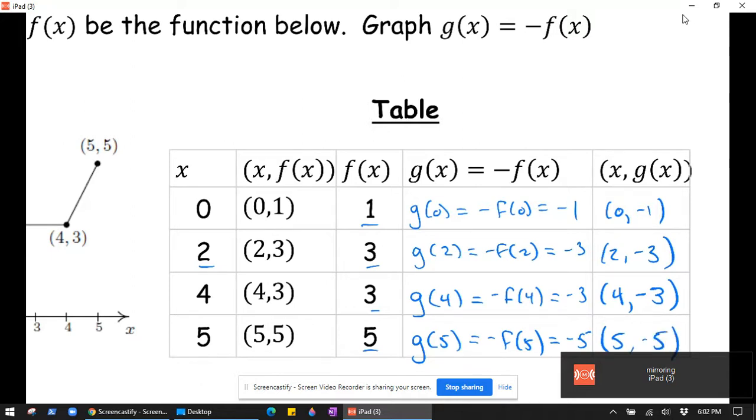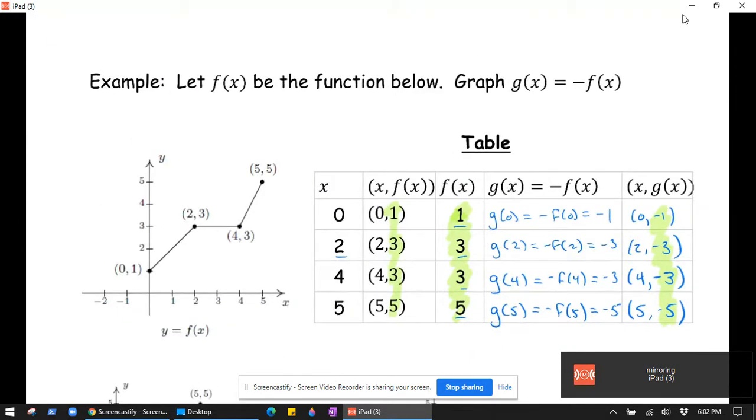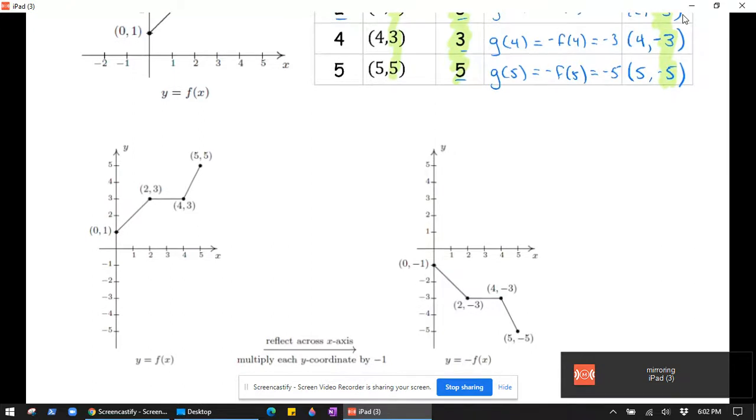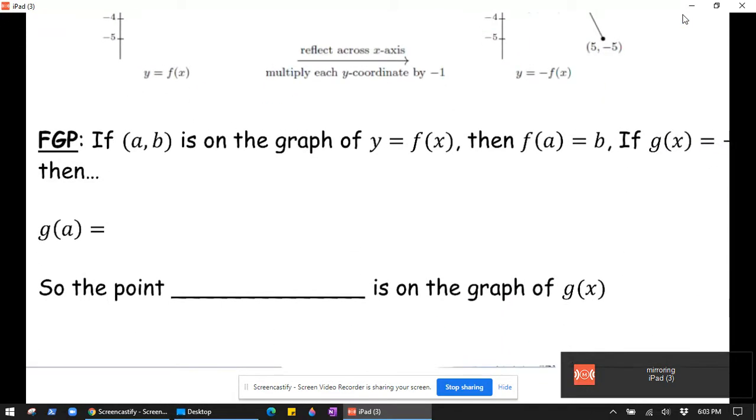And so if you look at what happened, basically our y coordinates on the graph of f are now their opposites. And so what that causes is a reflection over the x-axis, as we see happening in this picture here. All the y coordinates are the opposite of what they were for each given x coordinate. So just to generalize,